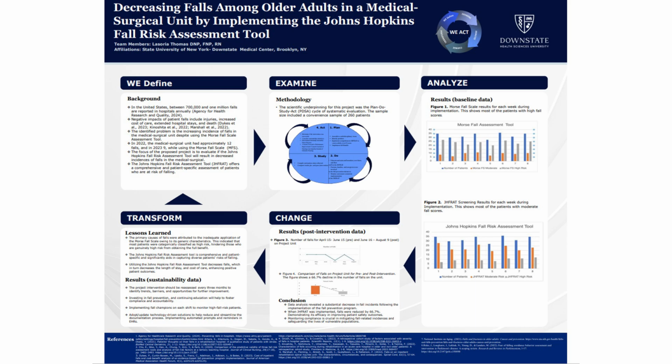So in the United States, 700,000 to 1 million falls are reported in the hospital annually. Negative impacts of falls include injuries, extended hospital stays, or even death. The identified problem is increasing incidence of falls in the medical surgical unit despite using the Morse Fall Scale. The Morse Fall Scale is